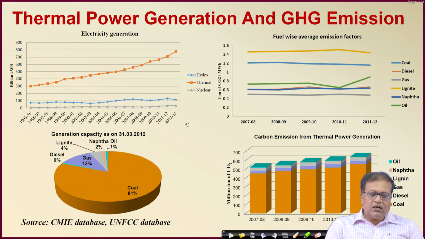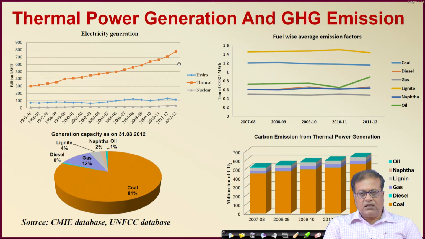So there are lots of issues about nuclear, and hydro is again limited to the rivers and the water flows and things of that sort. So it is a serious issue. There is nothing to feel really good about in this curve. Ideally speaking, the use of coal should be minimized. India is probably one of the largest users of coal, which is not a very good idea. In fact, even coal extraction is probably not very good,